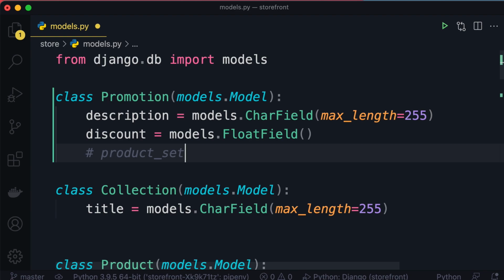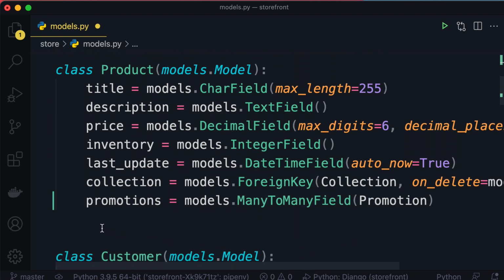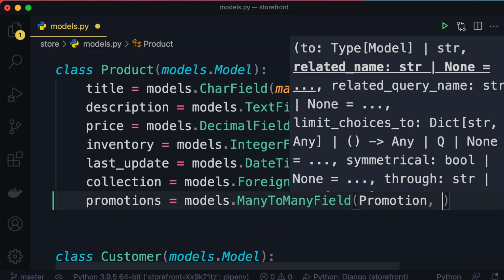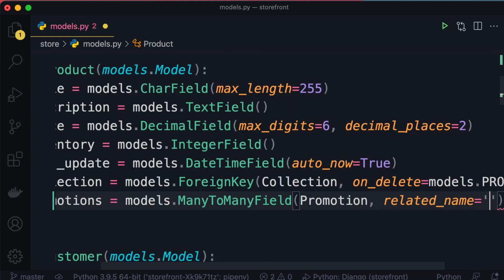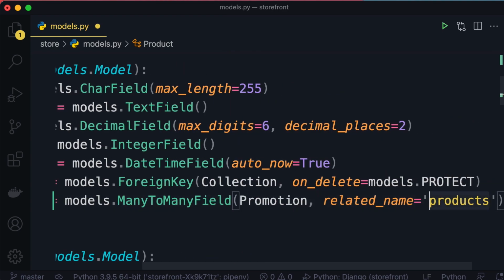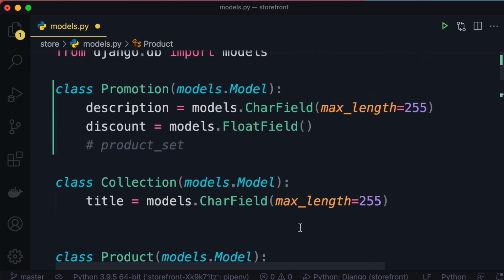Now, if you don't like this name, you can always change it. So in our product class, where we define our many-to-many field, over here, we can supply a keyword argument related_name. If we set this to products, Django will use this name as the name of the field in the promotion class. So instead of product_set, we're going to have